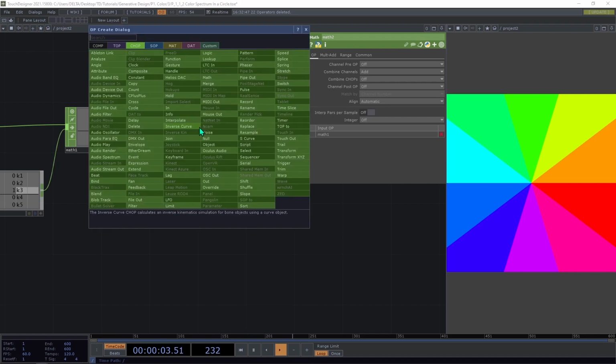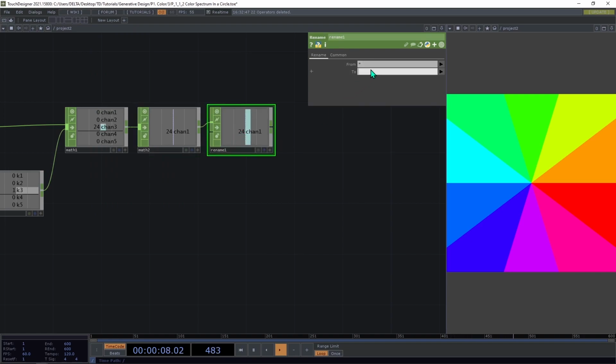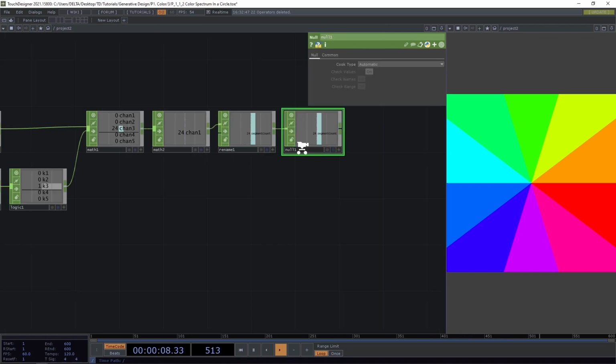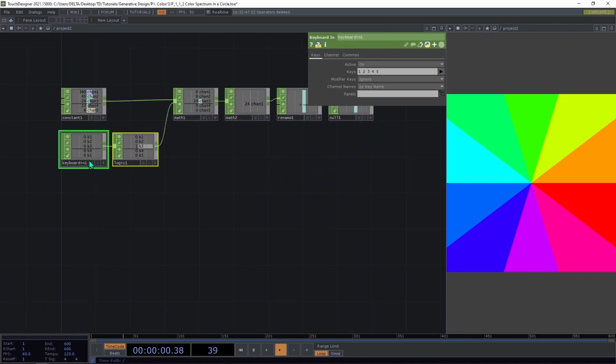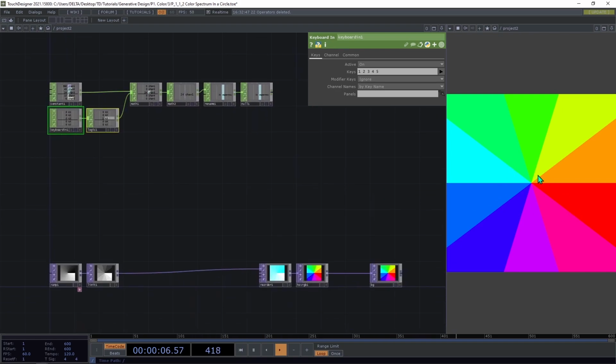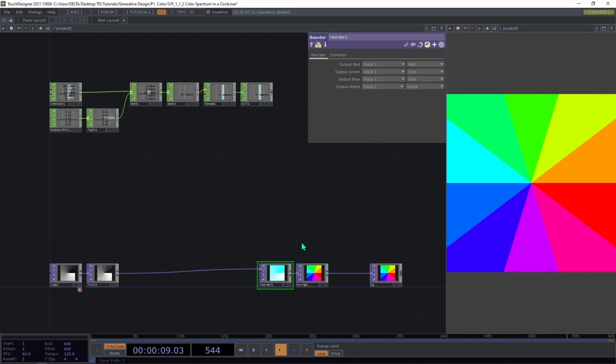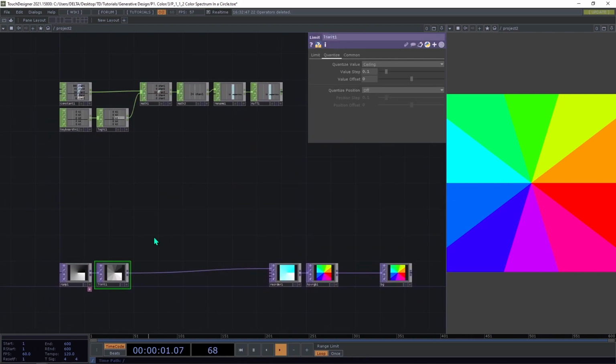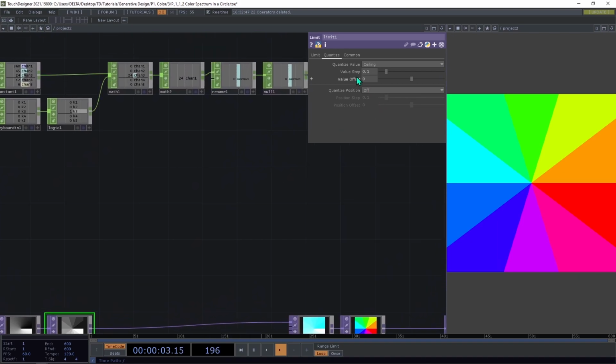So finally we need to add a rename, and this rename we're going to change to segment count. Okay, and finally add a null. So here we have the interaction of the divisions of the segments. To make this, we need to